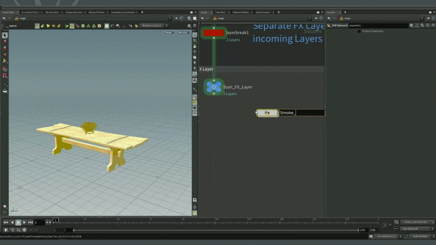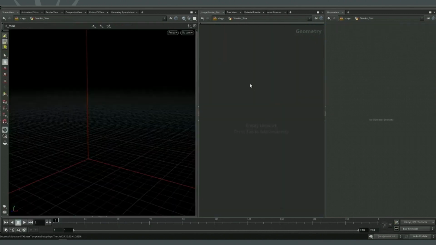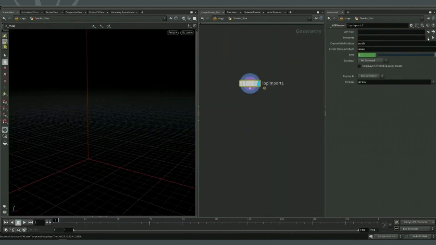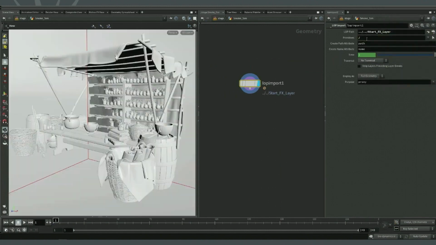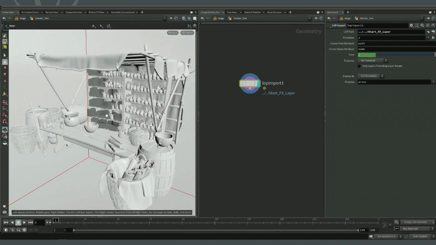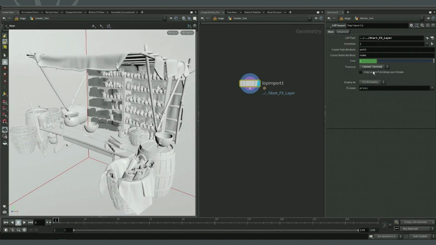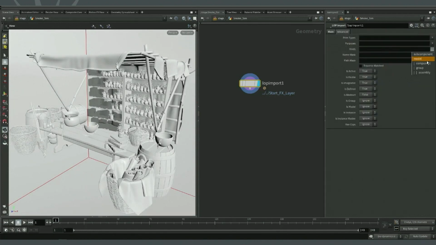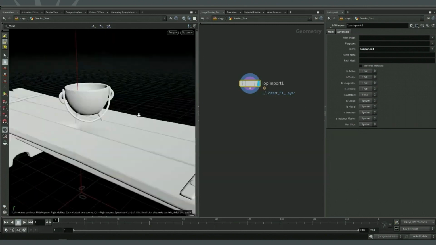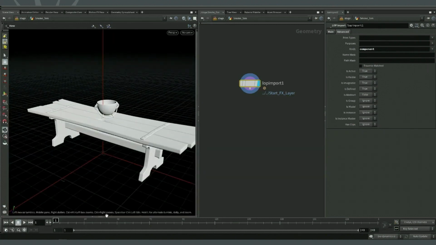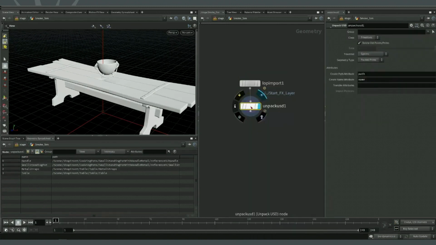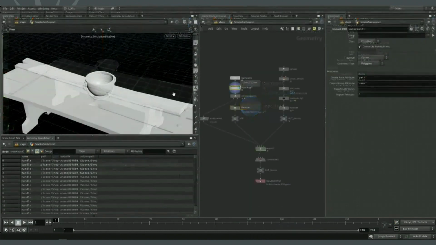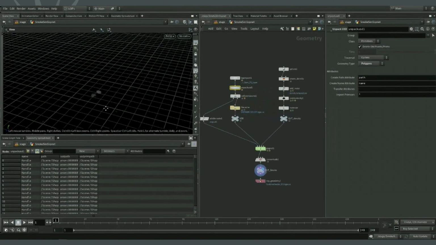But because that's happening above the effects layer, none of those changes will ever make it into the effects layer. So the layout is completely unchanged. On disk, it's fine. It's a completely non-destructive workflow. The effects artist now works in his own layer. Even though he's pulling in all of the data from the layout layer, he can safely delete things, move things around, prune out objects, bring things into SOPs, for instance, and cooking show style, we're going to just jump ahead